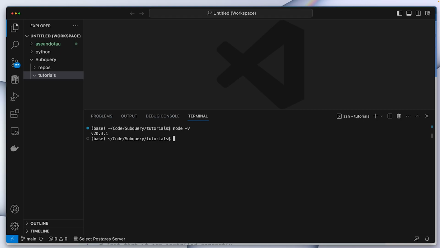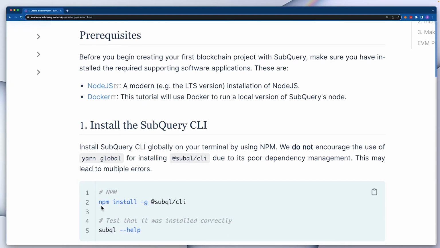After this, you'll need to install Docker, which you can again run via a Google search. And then the last step is to download the SubQuery command line. And you can do this by running npm, or node package manager, install -g for global, subql CLI. Now, just a note that you need to have Node installed first before running npm, because when you install Node,